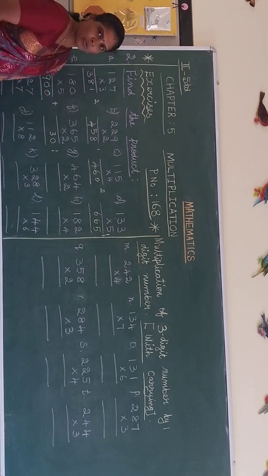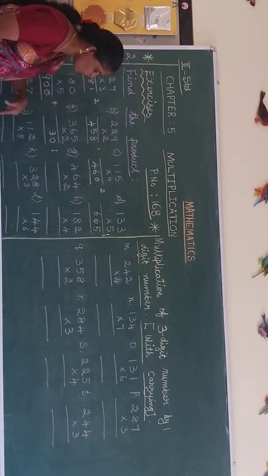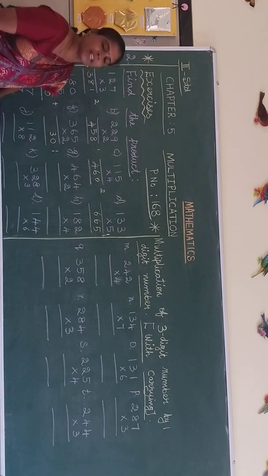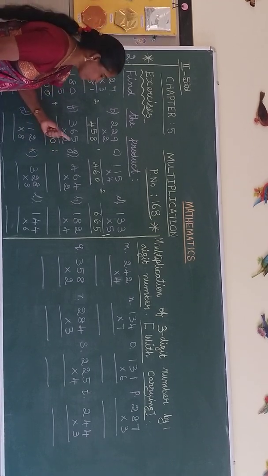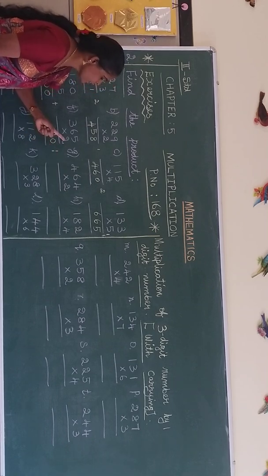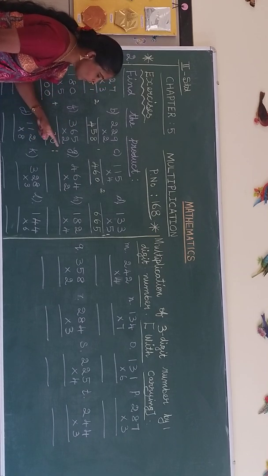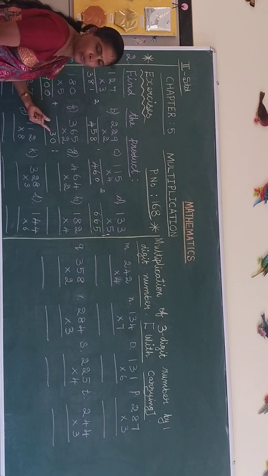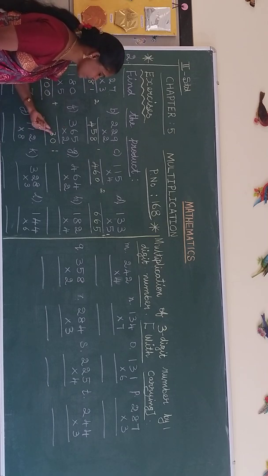Okay. Here and there don't write. If you want to carry again, you should write it down below. Okay. 2 fives are 10. In this 10, 0 is here, 1 in this, and again 2 sixes are 12. This one you have to carry, and 12 plus 1 is 13.